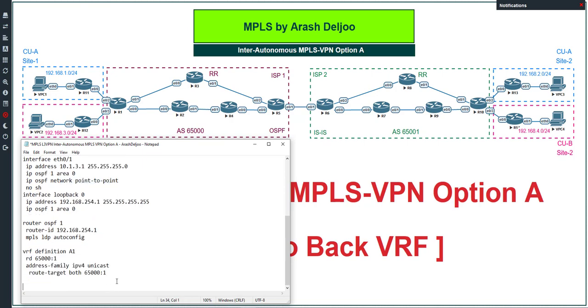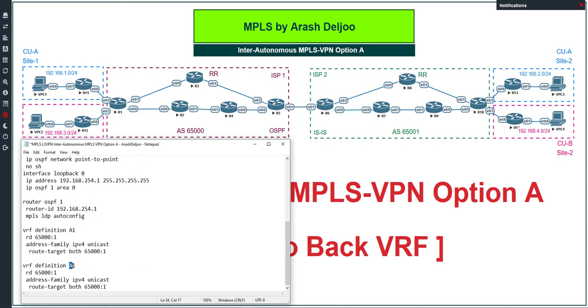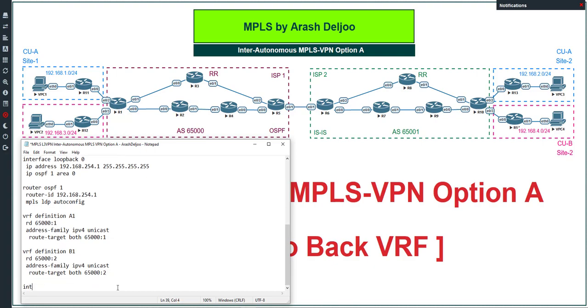And also we have another VRF, B1. Let me use this command here: vrf definition B1, the site 1 of customer B, and the RD is 65000:2, address-family ipv4 unicast, route-target both 65000:2. That's it. Also, we have eth0/2, the member of the VRF